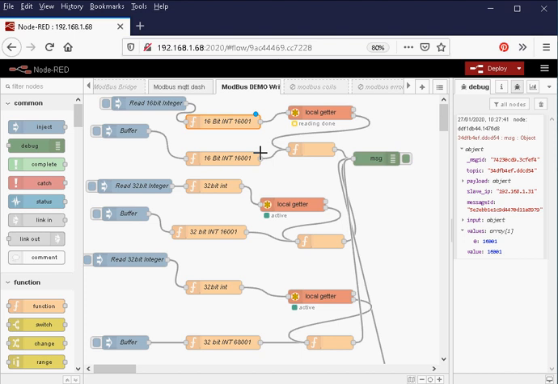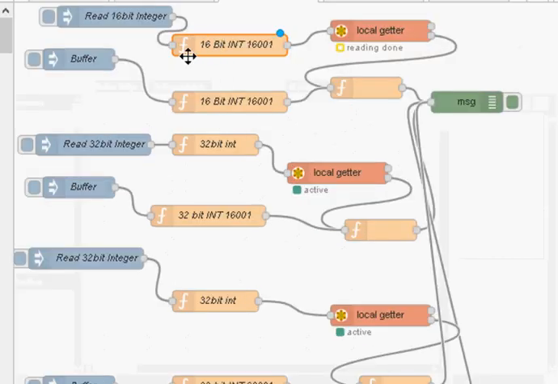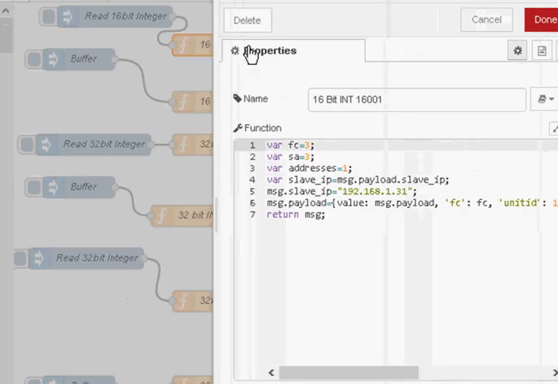Okay, this is the flow I'm going to use, and I'll take you through the top one because all of these are basically duplicates of the top one, except as you can see here, this is going to read a 16-bit integer, this is going to read a 32-bit integer, but the basics of those function nodes are the same. I'll just point out the differences. Okay, so we're just going to trigger the read, and if we look at the function node here,